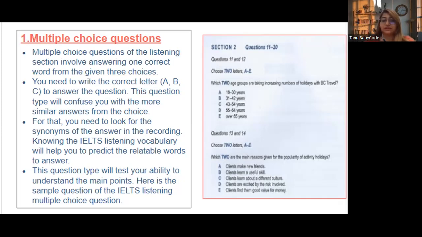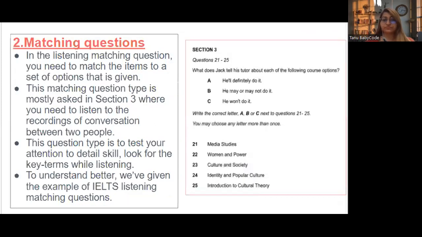You can see here questions 11 and 12. It's a multiple choice question. Question numbers 13 and 14 are also multiple choice questions. So you have to select one answer. Next type of question is